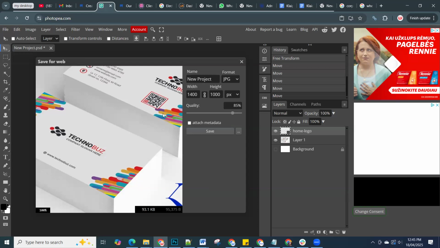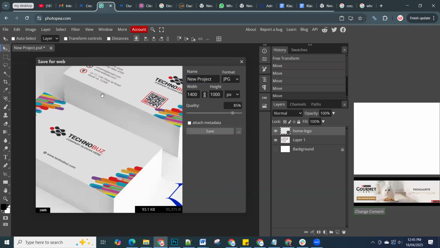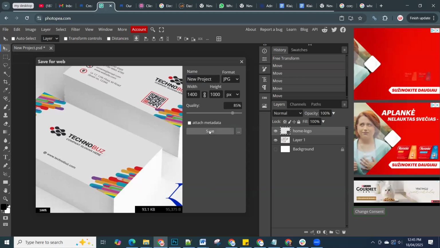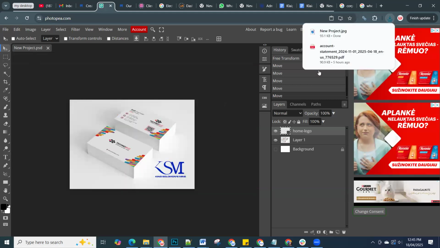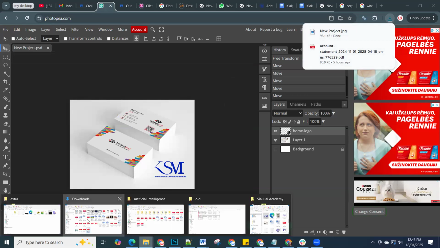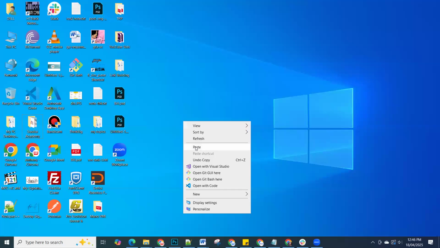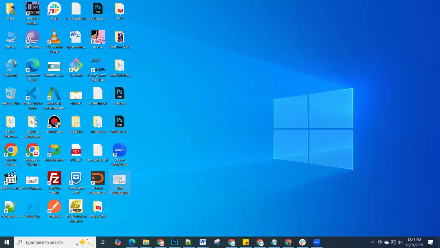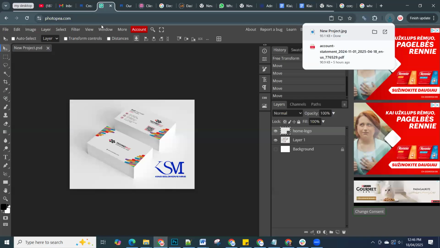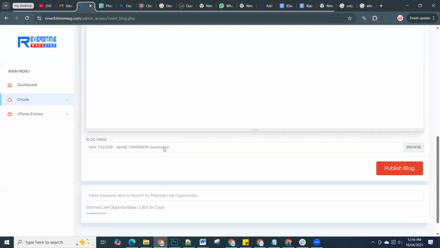Once they're done with all this, I think we're done. So we can save this, and it automatically downloads the image. I think it would go to their downloads folder. I'll just take this to the desktop so that it's easy for me to use. Okay, so this is a new image. So when they bring this image in,